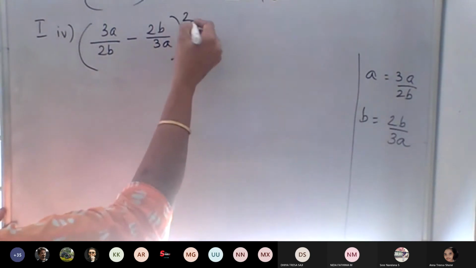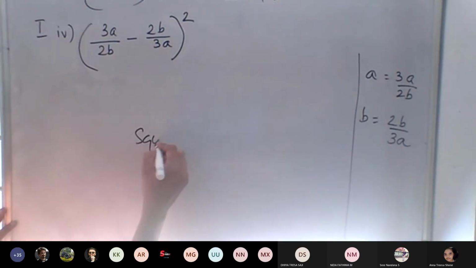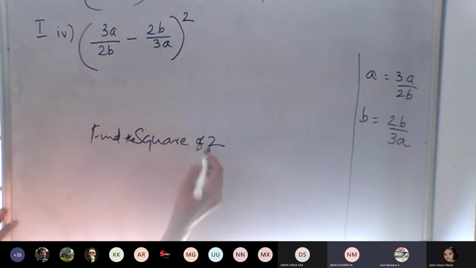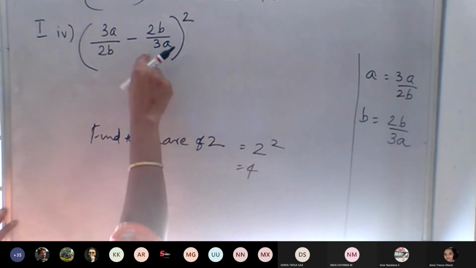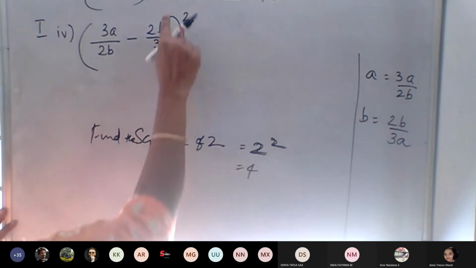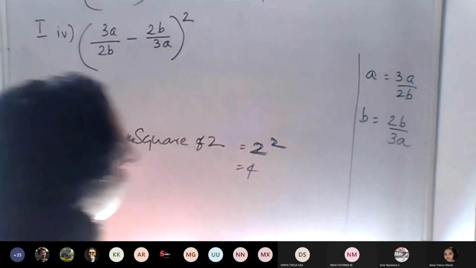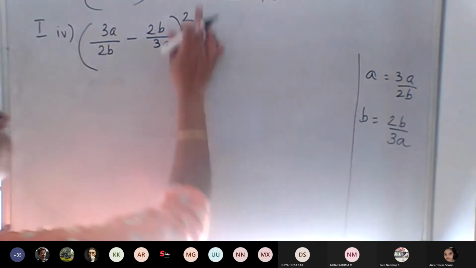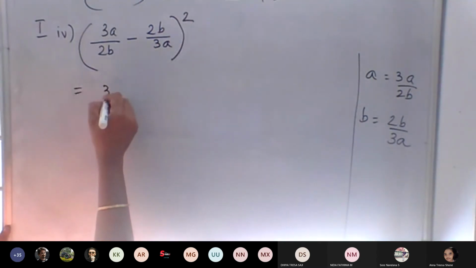The question is square. We have to find the square of. Find the square of 2 means what you will write? 2 square, 2 raised to 2, that is equal to 4. Same way, find the square of this means you have to write in square. So a stands for 3a by 2b, b stands for 2b by 3a. So same, a square minus